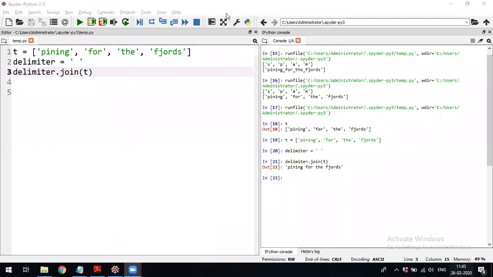Hey, anyone have doubts? Anyone have doubts? Yashwant, no? Karthik?